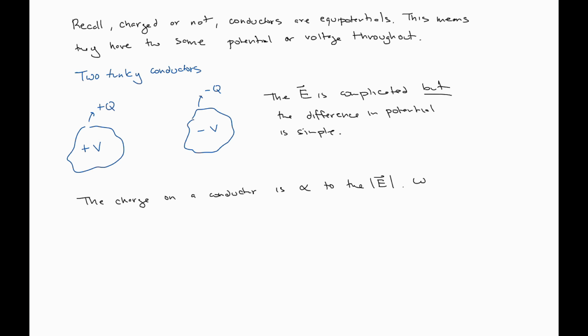And why is that? Well, I can make two different arguments. The first involves Gauss's law. Gauss's law tells me that the closed surface integral of the electric field around a Gaussian surface is going to be equal to the enclosed charge divided by epsilon naught. If I assume that when I change the charge, the electric field doesn't change direction, which basically means the charge is distributed in the same way,